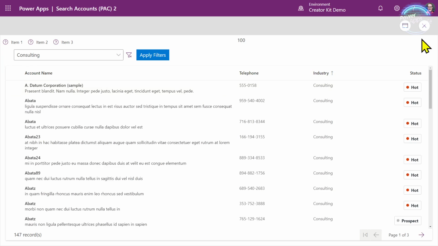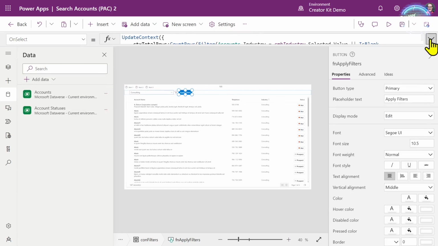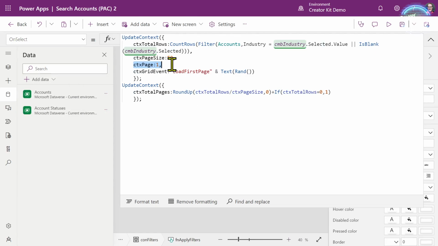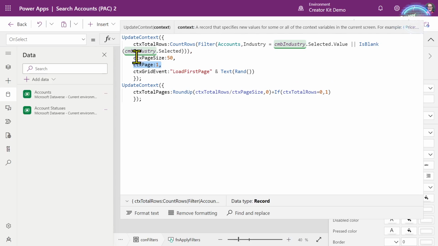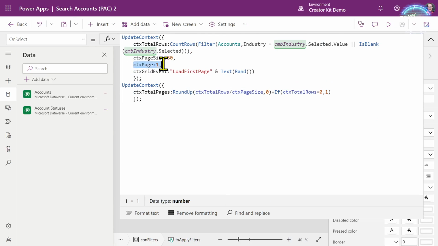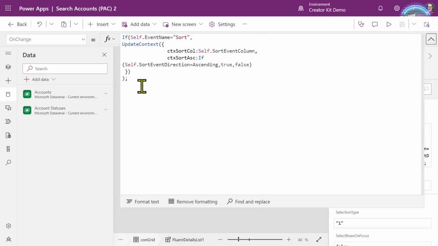So that's all working. When we change our filters, what we also want to do is reset it to be the first page. So let's go into the event of our details list, on change here.